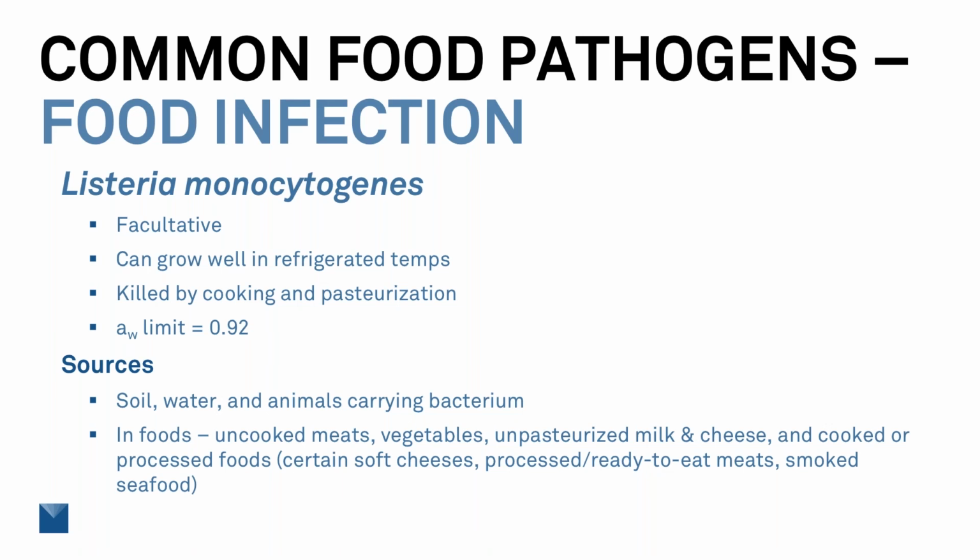The thing about Listeria, which is good to point out, is that at least 90% of people who get Listeria infections are in a high risk group, like pregnant women, older adults, and people with weakened immune systems. Healthy children and adults occasionally do get infected with Listeria, but they rarely become seriously ill, which is important to point out.